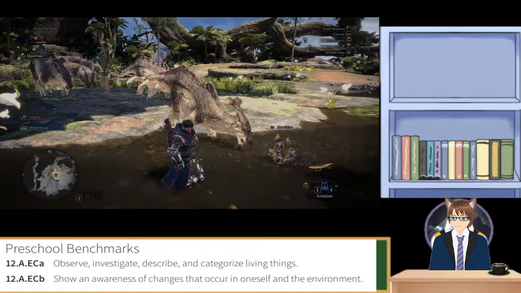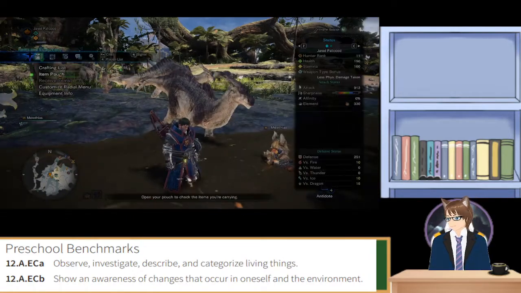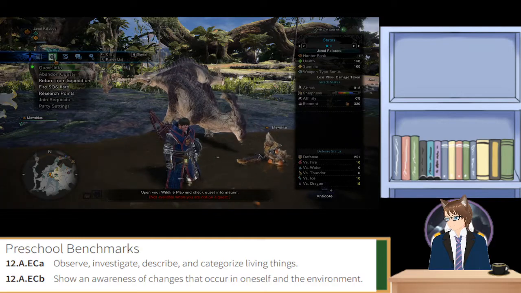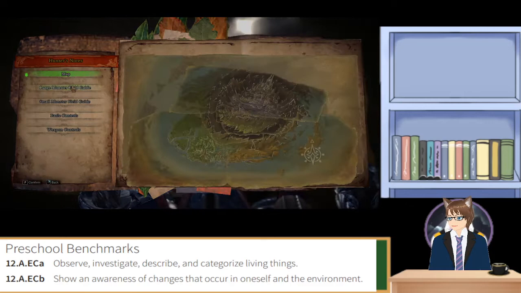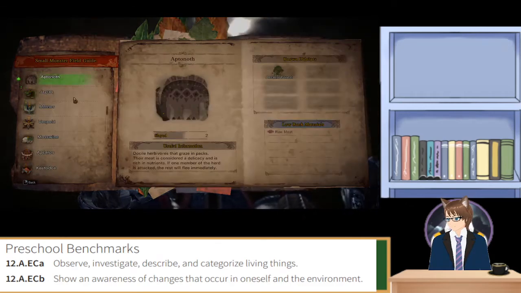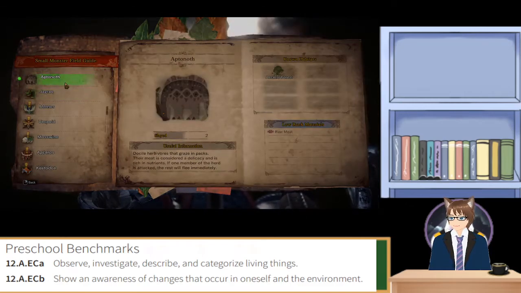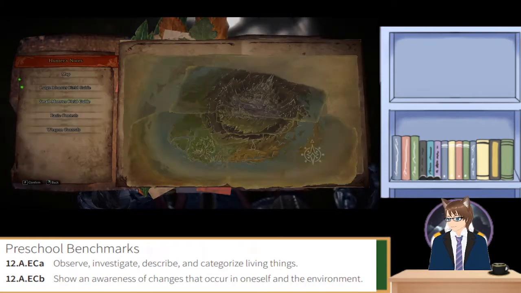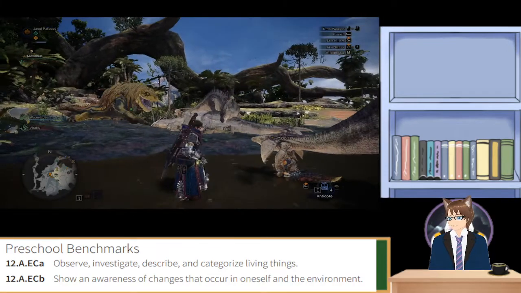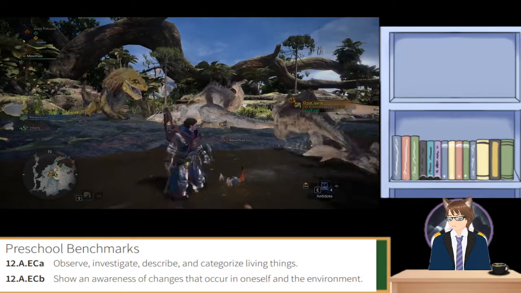These creatures, as known in the hunter notes as Aptonoths, are docile herbivores that graze in packs. Their meat is considered a delicacy and is rich in nutrients. If one of the members of the herd is attacked, the rest will flee immediately. So, these creatures are very cowardly, and, well, we just found